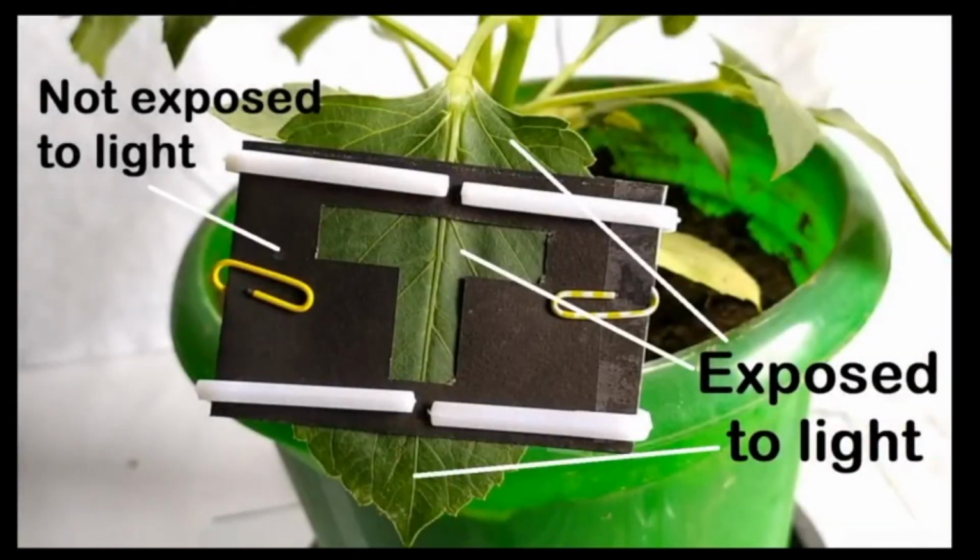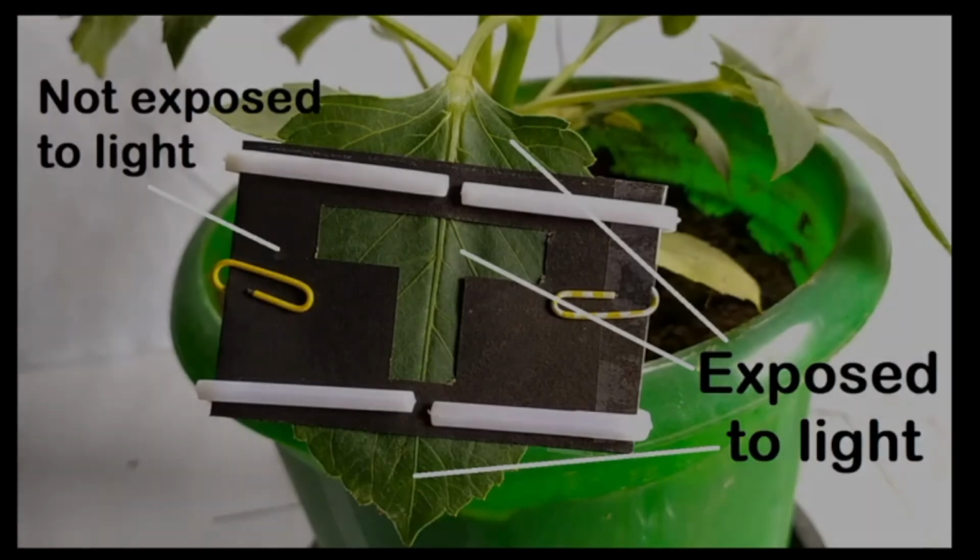Yeah, so in this you can nicely see that the parts that have been covered with the black chart paper are not exposed to light, whereas the T-shaped slit and above and below this chart paper, those parts are exposed to light. So if we perform an iodine test for this leaf after a few hours of it in sunlight, we can get to know how it responds when there is no light and how it responds when there is light, right? So let us see what happens. Meanwhile, you may guess the result.